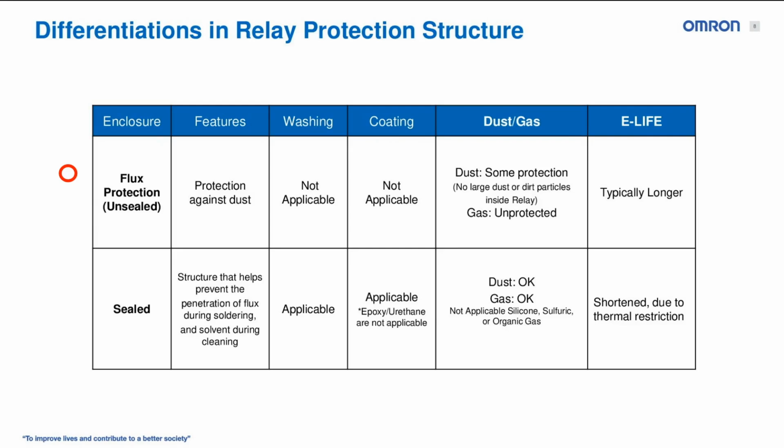These relays are not fully sealed, so they cannot be washed or coated. It has some protection against dust, but it is unprotected against gas. Now, what's good about these relays, why it's good to look at unsealed, is if you need a longer electrical life, these relays will potentially have a longer electrical life than a sealed relay. And that's because you're allowing that hot air from inside the relay to escape through whatever break in the seal